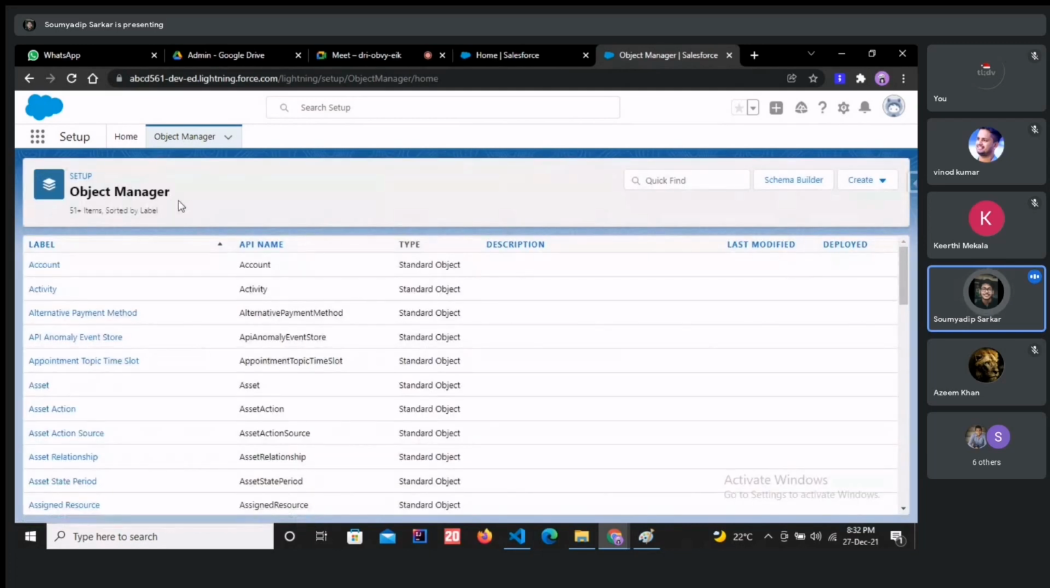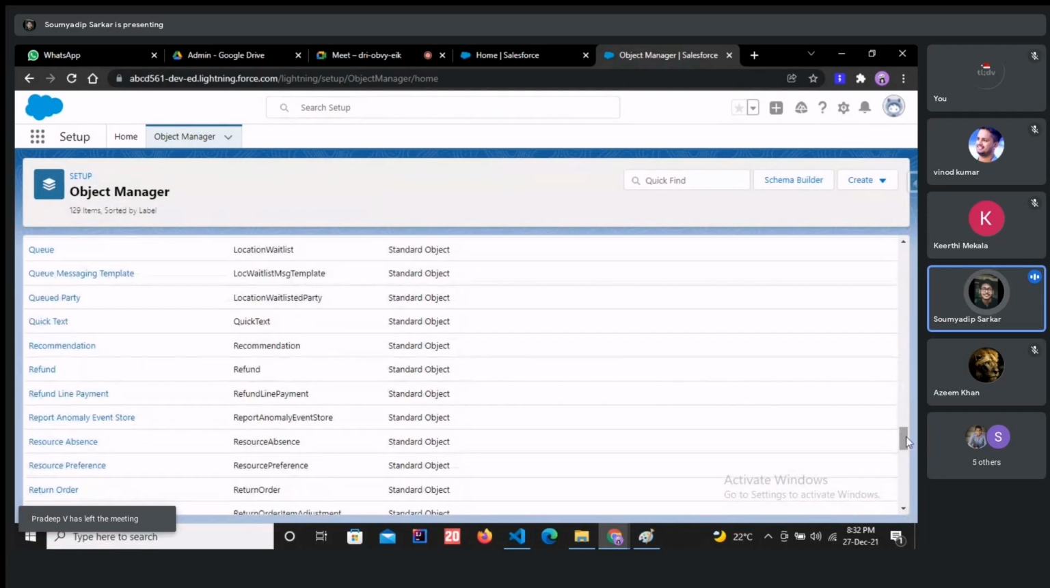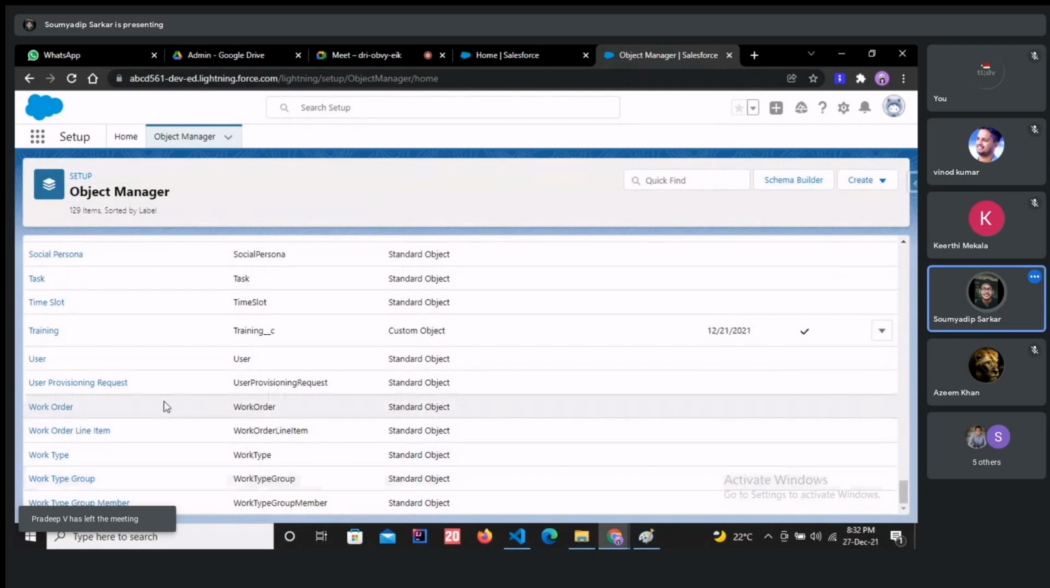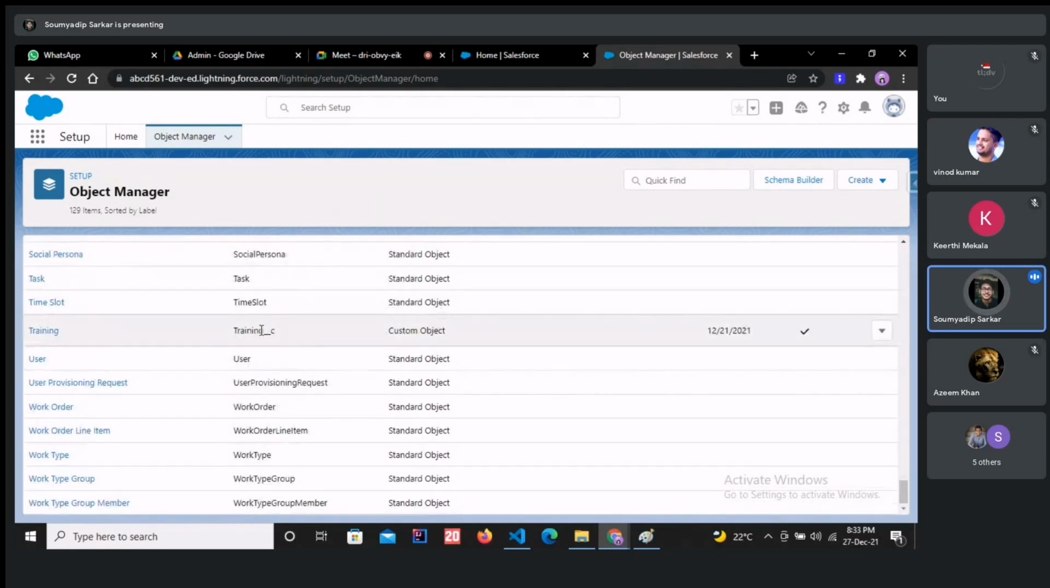Now we'll see how to create an object of our own. Like here, one object is already created by us that is known as Training. This is the object. It is a custom object because as a user I have created it, or any other user has created it. That's why it is known as a custom object. And you can see the difference between a standard object and a custom object by seeing this underscore underscore